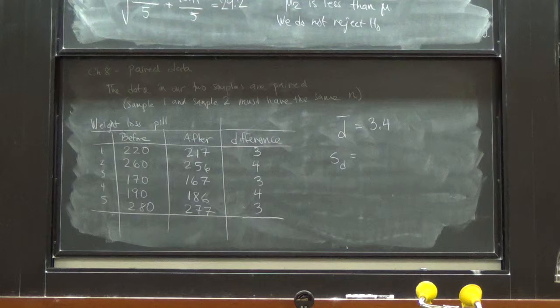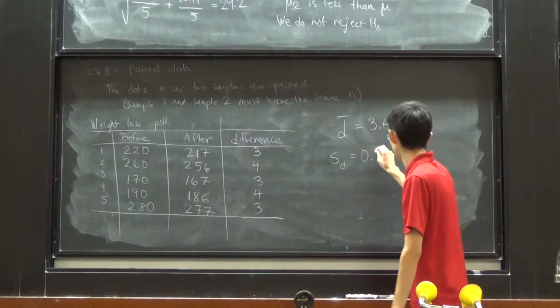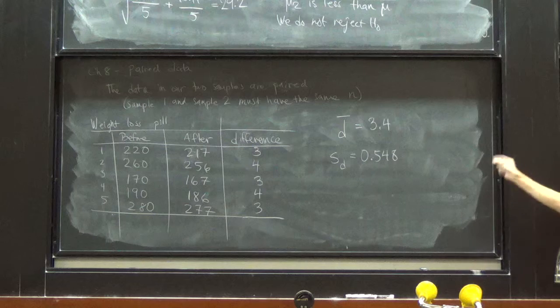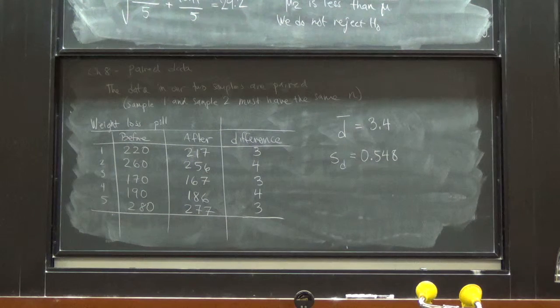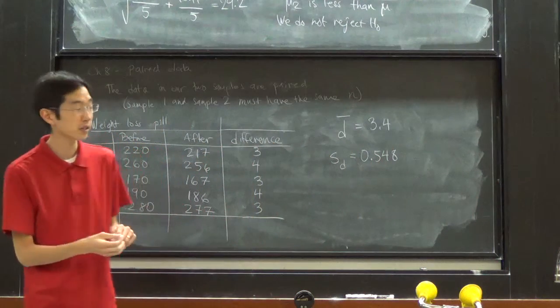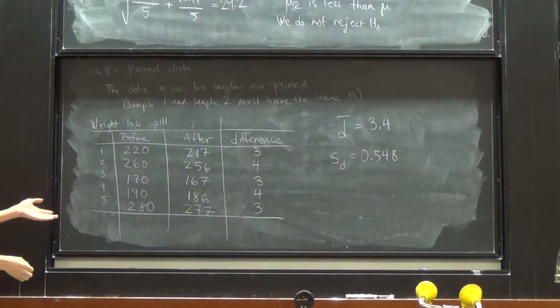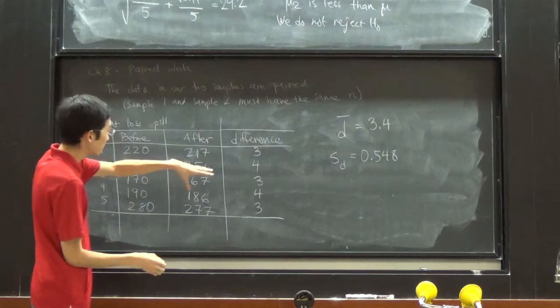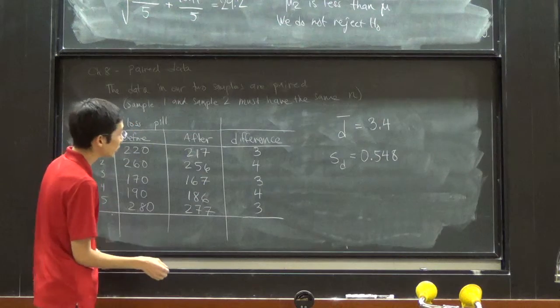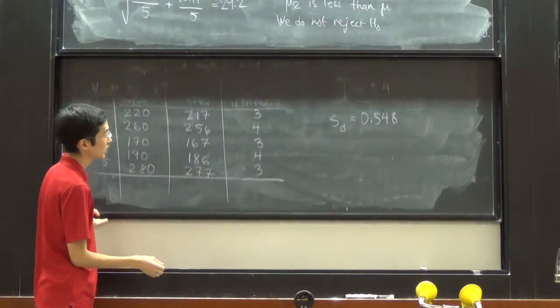Is it 0.548 or 0.5477? Okay. This is the standard deviation of our difference. And so we want to know, is our difference significant? Okay? And I think you guys can see that it will be, all right? So in our case, when we treat it the correct way, as paired data,